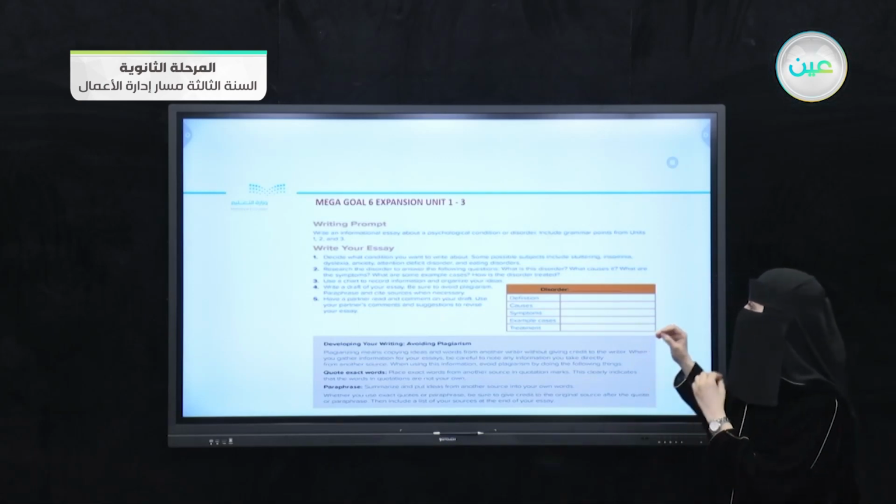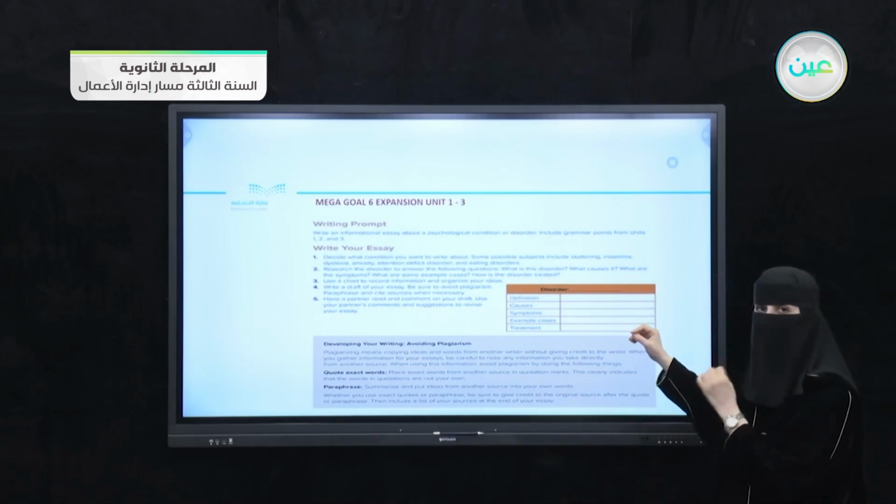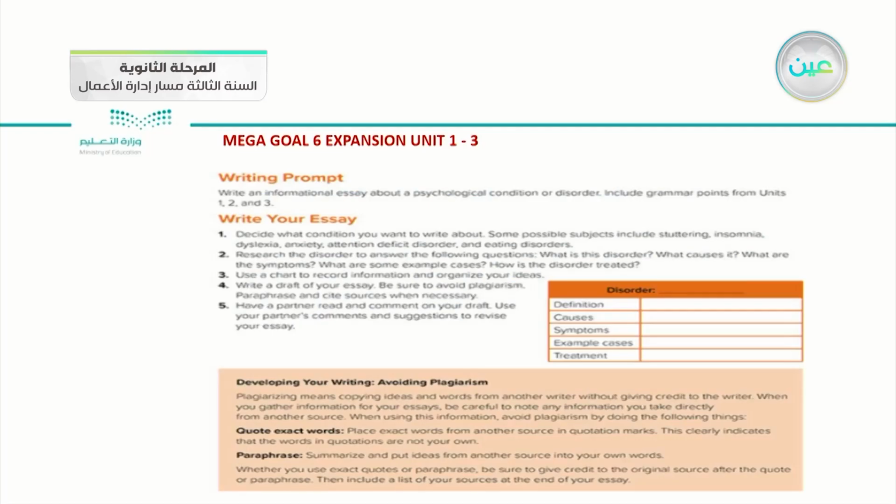So they make it easy for you by adding some questions. Number 1, you should ask yourself, what is this disorder? Or what is the meaning of it? Or what is the cause of it? How can I deal with it? And question 2, what causes it? What are the causes of it? And I should think and analyze my essay into smaller parts, from a bigger idea to the smaller ones. Number 3, what are